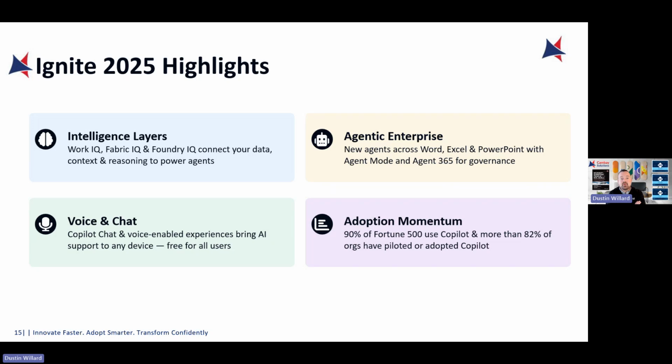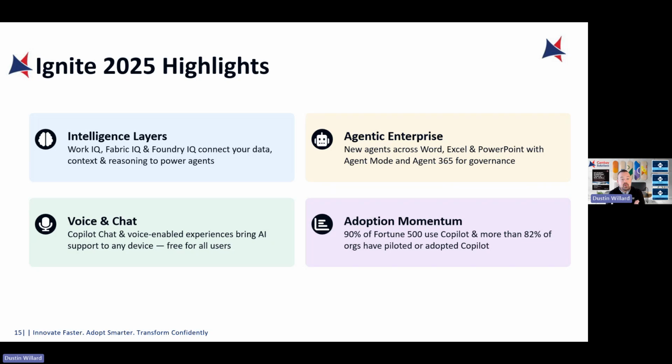The Fabric IQ is around data. So data that exists inside of your organization, like in SQL in Azure, and anything in Dataverse really, and so on. It's going to be able to reason over that data in SQL tables and so on.